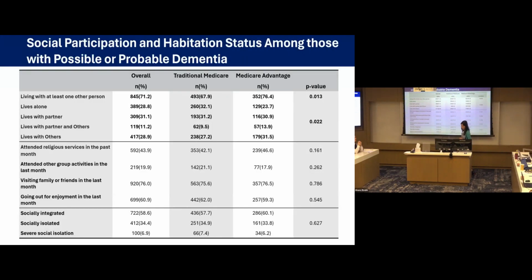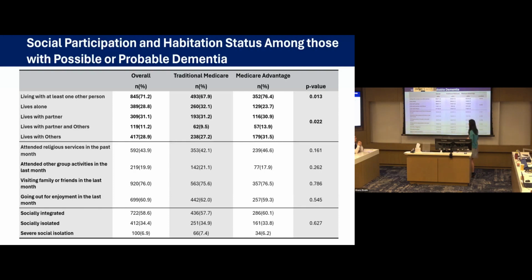And this is an interesting aspect that we specifically want to understand. What is the lived experience of these patients? And one of the really wonderful things about NHATS is that it really characterizes the social participation in the lived environment of the beneficiaries and the participants very well.